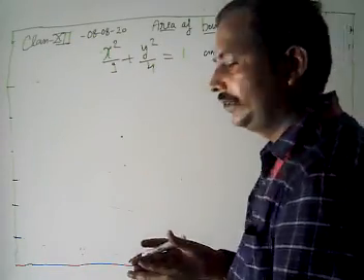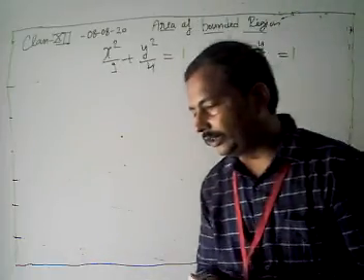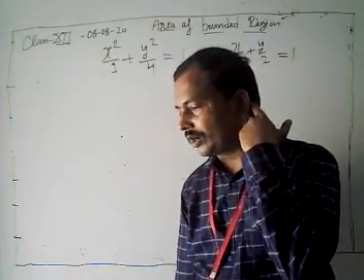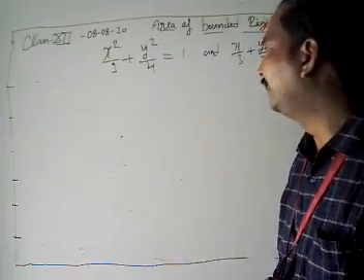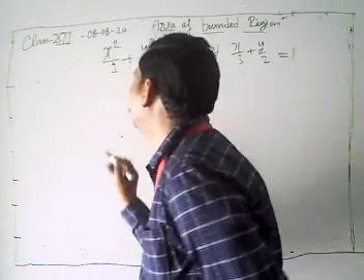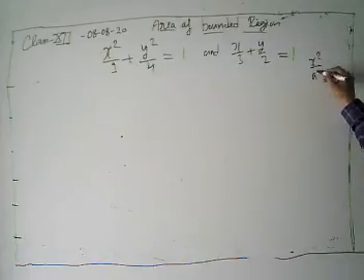Look, first of all, again we have a problem. We have to find the area of the smaller region. It's given there: we have to find the area of the smaller region bounded by the ellipse and the line. First of all, go to draw the ellipse. Look, it's an ellipse. What is the equation of our ellipse? It is x square by a square plus y square by b square equal to 1.